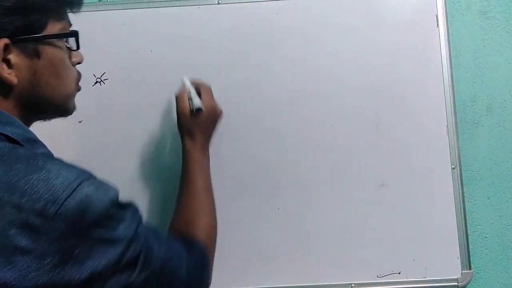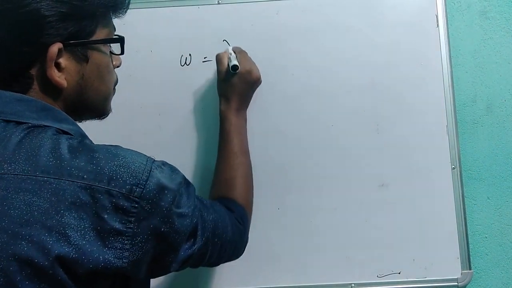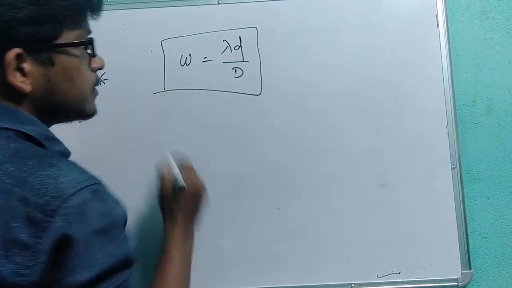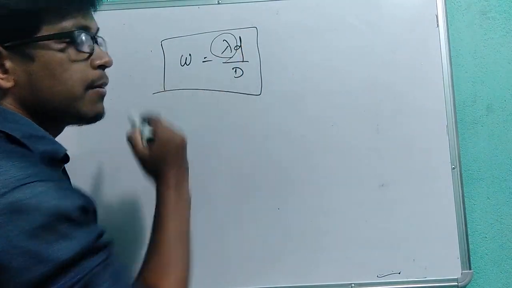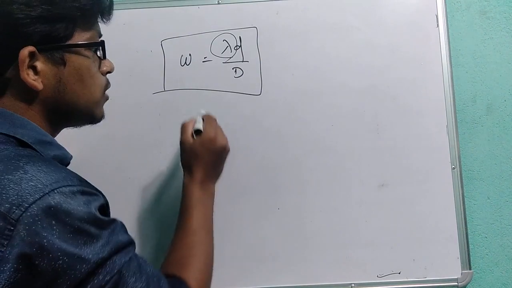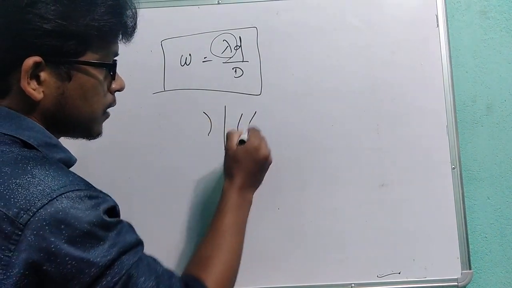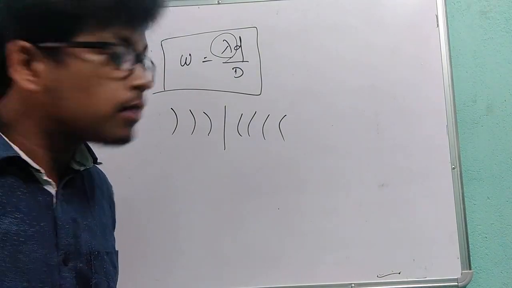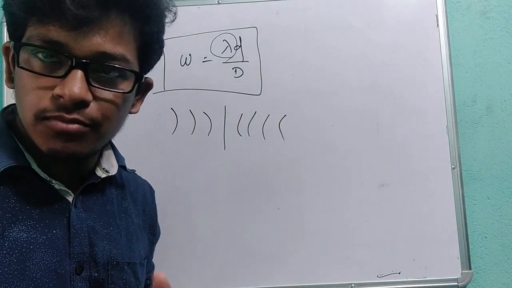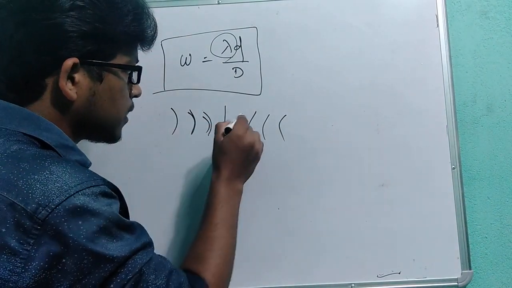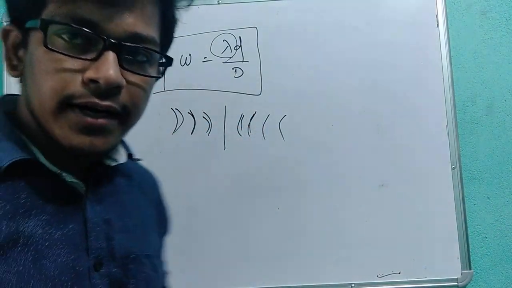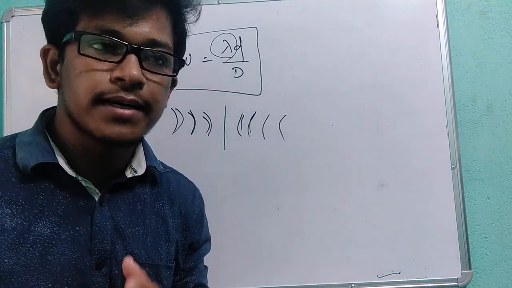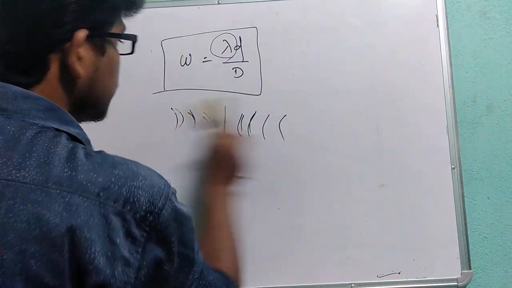In the width formula, what did you get? Lambda D by d. If I have only one wavelength, then easily you will get fringes like that. If your source has two wavelengths, then two more sets of lines will be added there, and it will be difficult to do the calculation. So we always consider a monochromatic source of light, and the available one is sodium light.